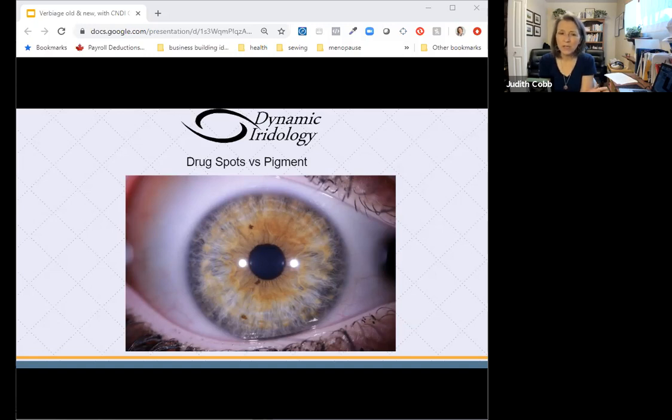There's been no scientific proof that these areas of pigment are the result of chemicals or of medication buildup or of mineral buildup like sulfur. No indication that they indicate toxicity of any kind. There is no proof that these pigments can be cleansed out. They are there when they are there.